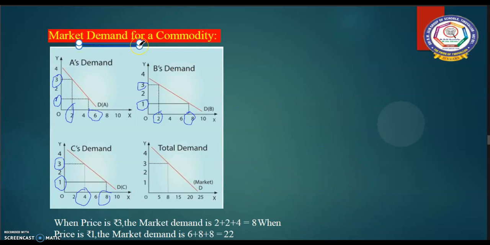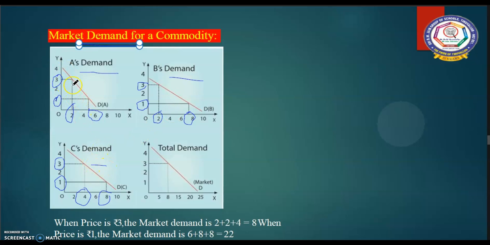Now, market demand for a commodity. The market demand curve for a commodity is derived by adding the quantum demanded of the commodity by all the individuals constituting the market. So this diagram represents the addition of the demand curves of the individuals, that is A's demand, B's demand and C's demand at the same